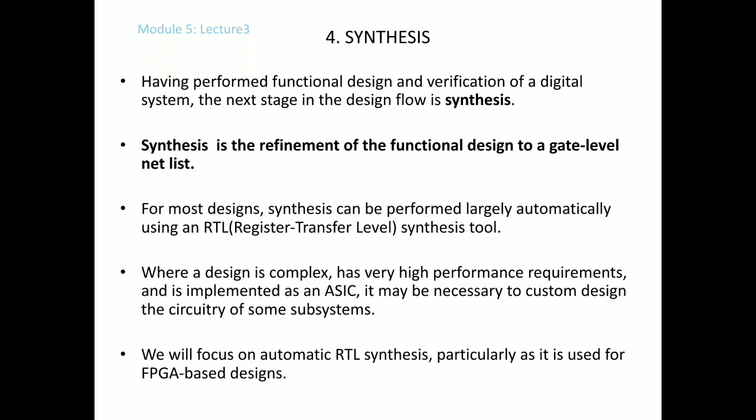In lecture number 1 we saw architecture exploration and functional design. We also saw the flowchart of the digital design flow. In lecture number 2 we covered the functional verification part, and also the hardware software co-verification part. So from lectures 1 and 2, we got the architectural exploration from the requirements and constraints, and we started with the requirements and constraints. We went to architectural exploration, and after that we described the design as a functional design, and in lecture number 2 we verified that functional design.